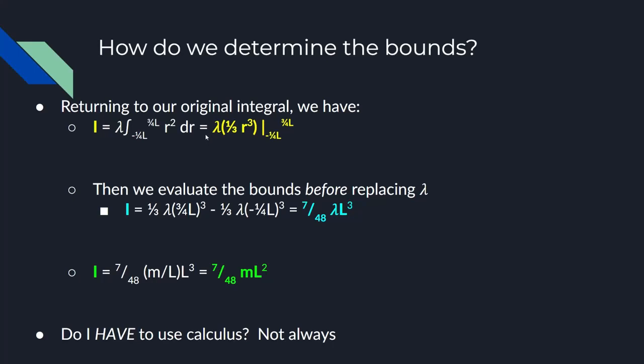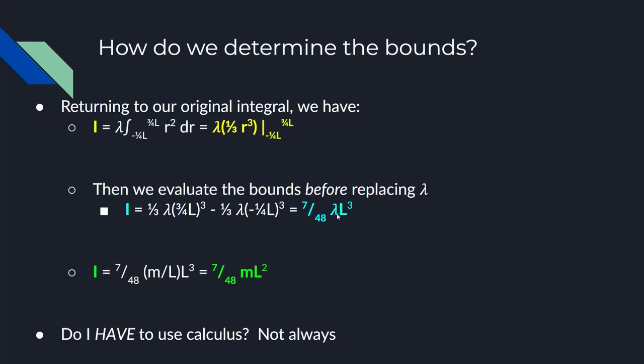However, one thing we have to keep in mind is that before we replace lambda, we have to evaluate the bounds. So again, we go from negative 1/4 L to 3/4 L. So we plug those two numbers in for R, again, before I replace lambda. So I plug it in over here, I plug it in over here, subtract the two terms just like we did before. I end up getting this really weird equation,